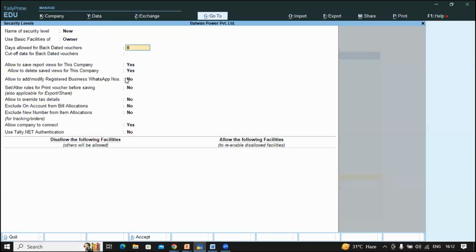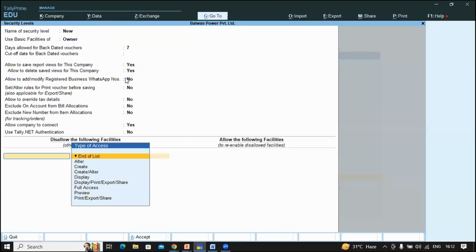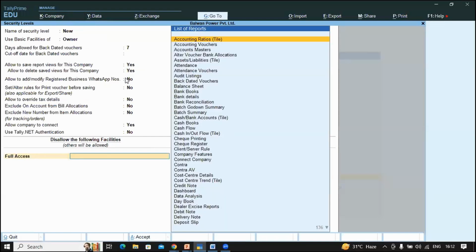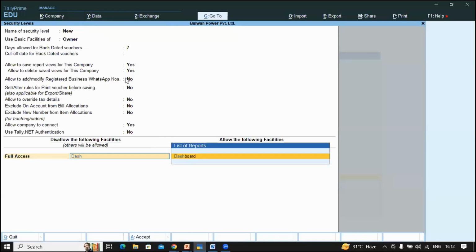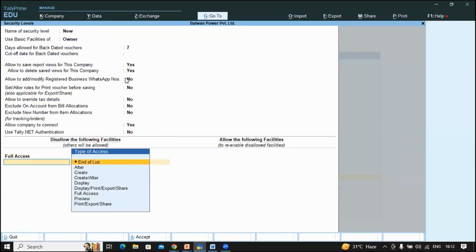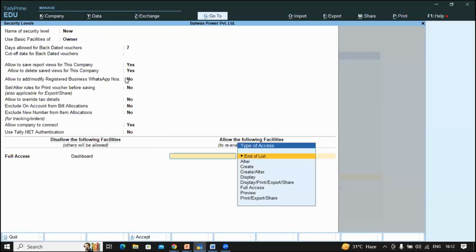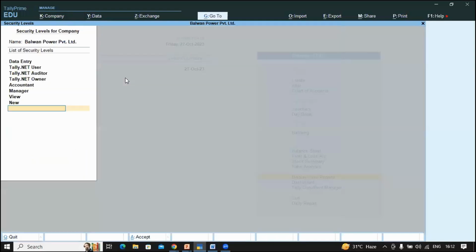Days allowed for backdated vouchers: let us say 7 days. Press enter, enter, enter, and go to the bottom. Here, I can select full access to dashboard. I am selecting the full access to dashboard and I am preventing the complete access to dashboard to any of